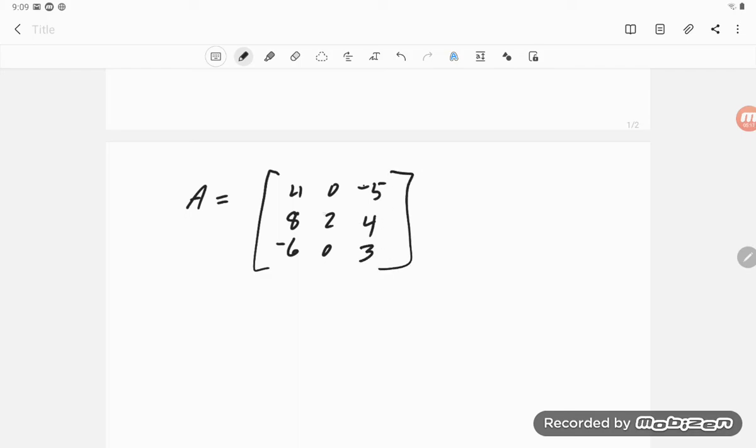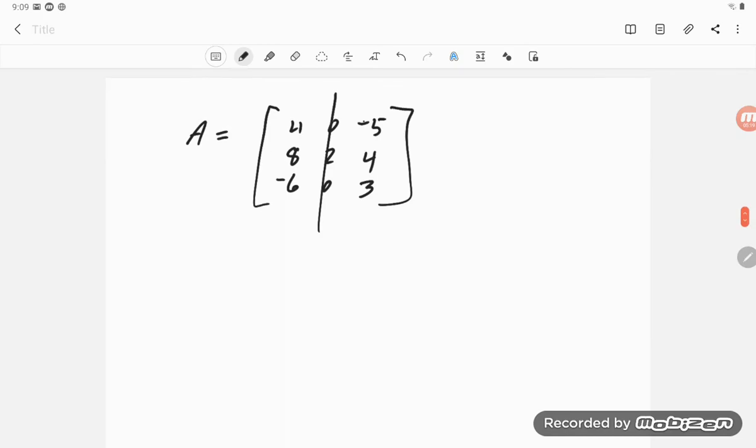Once again, the idea would be, oh, I'll expand by that column. So the determinant of A is equal to -1 to the 1 plus 2, because that first 0 is in row 1, column 2, and then times the 0, and then the minor of 1, 2,